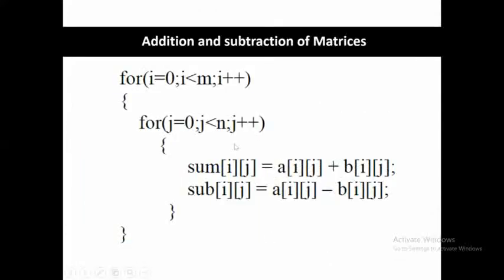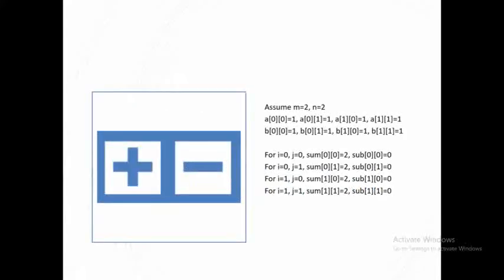Here. Okay, previously j value is 1, now j is going to be incremented by 1. Now j value is equal to 2, 2 less than 2, condition false. Now control goes to where? This one. Previously i value is equal to 1, now it's going to be incremented by 1. Now i value is equal to 2, 2 less than 2, condition is false, so it's going to come out from this for loop. This is how it works with respect to addition and subtraction of matrices. This is the tracing part with respect to addition and subtraction of two matrices.